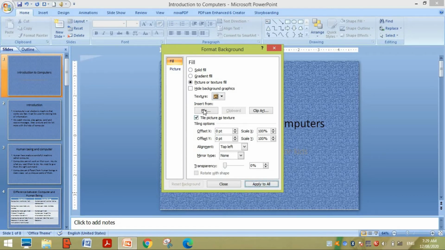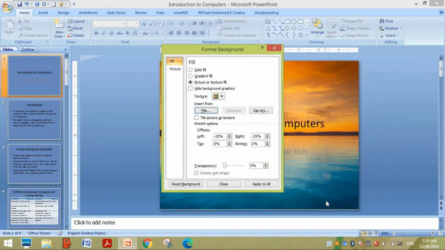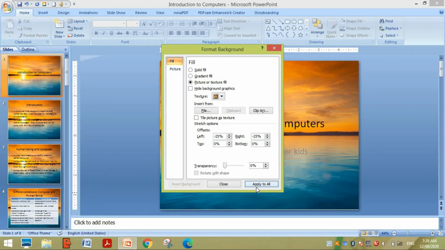Next option is pictures. For adding a picture, we will go to the file option. It will show you the default pictures available on your screen. I'm just clicking on one and doing insert, so it will be applied to the particular slide. If you want to apply it to all the slides, at that time you need to press apply to all, so it will be applied to all the slides.